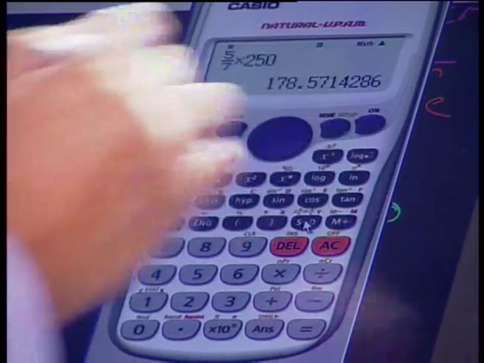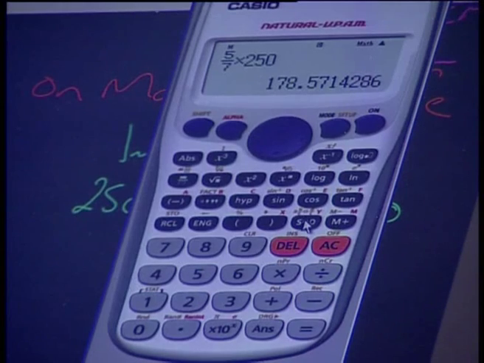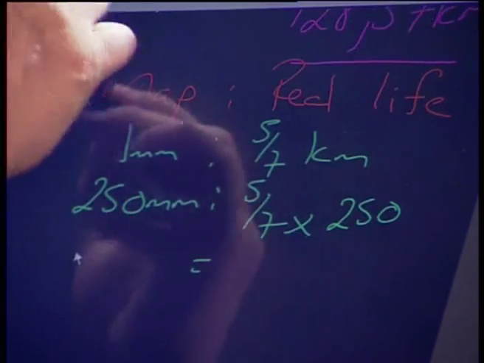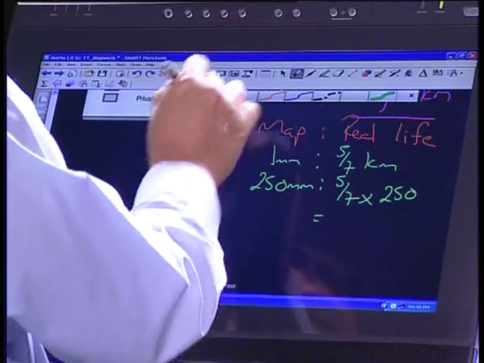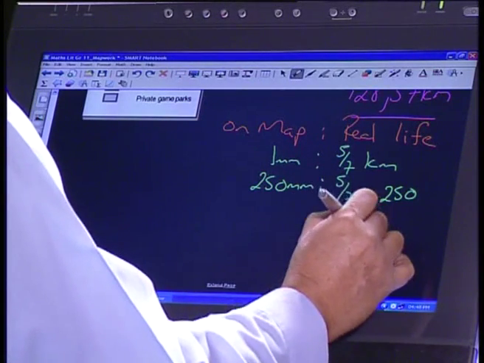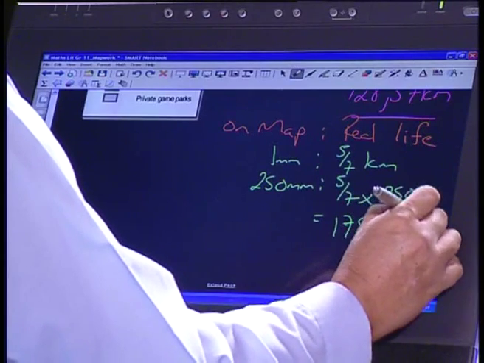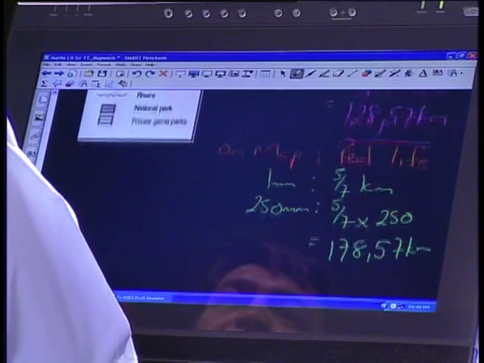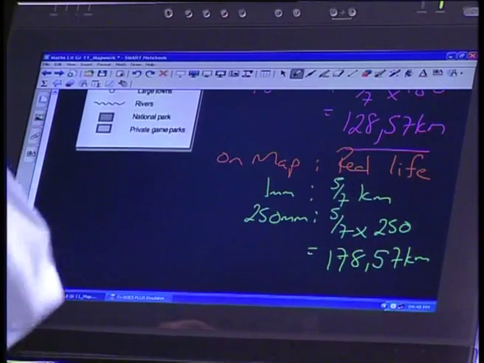So looking at our calculator again, we've got 1250 over 7. We're going to change it now to a decimal, and we get 178,57. Okay, so it's 178,57 kilometers. Now, do you remember that if I flew that distance directly from one point to the other, I got 128,57 kilometers. If I go by road and I've got all the twists and the turns, I knew I was going to travel further. And in this case, I did. I traveled